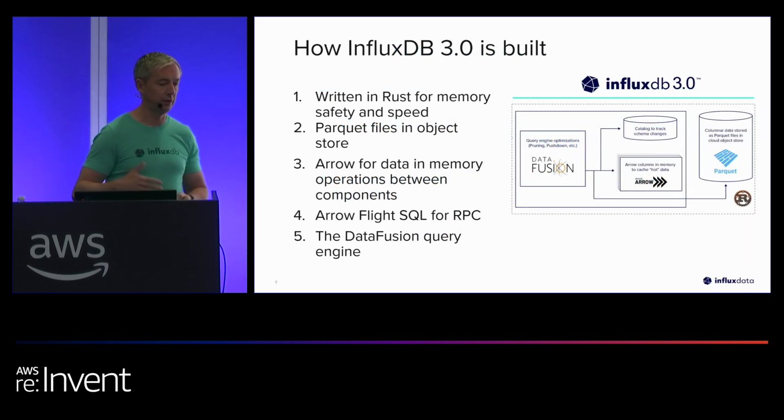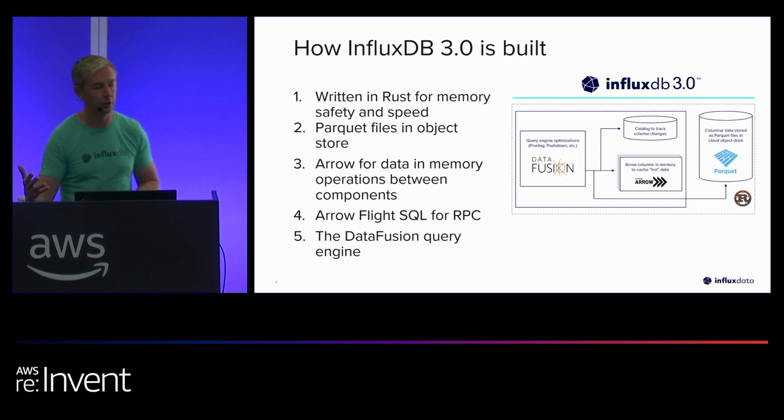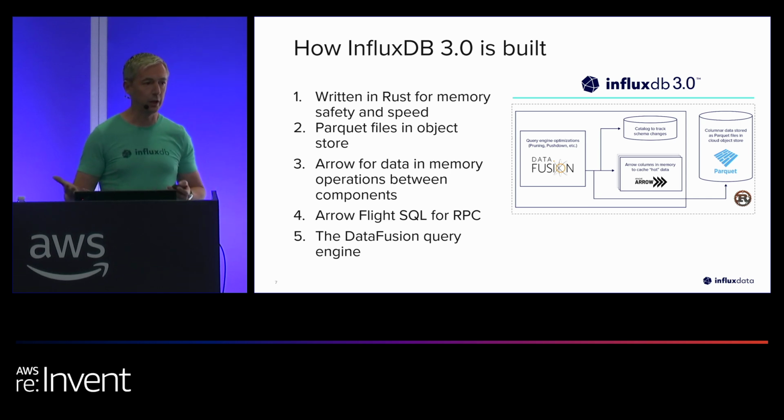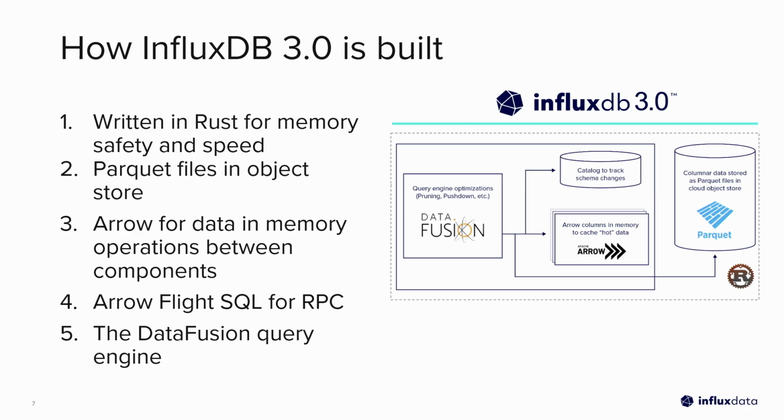So key to all of this is the different tools that we used to build 3.0. Now I mentioned before, version 1 and 2 of InfluxDB was written in Go. With 3.0, we did basically a ground up rewrite of the database because we were changing the core architecture. And we used the Rust programming language. And we picked it specifically because of memory safety, speed, fearless concurrency, the error handling, crates, and all the other